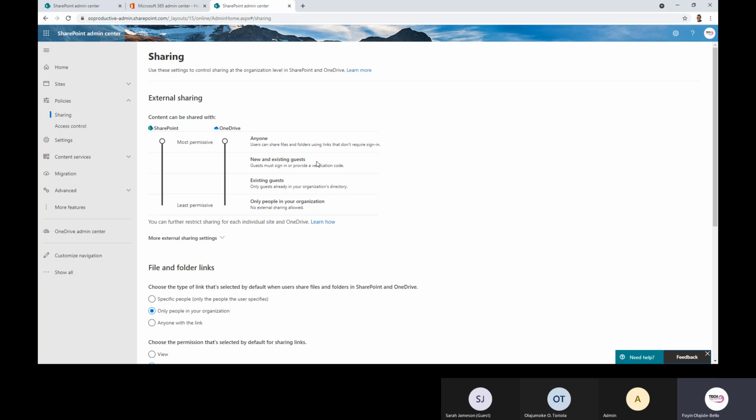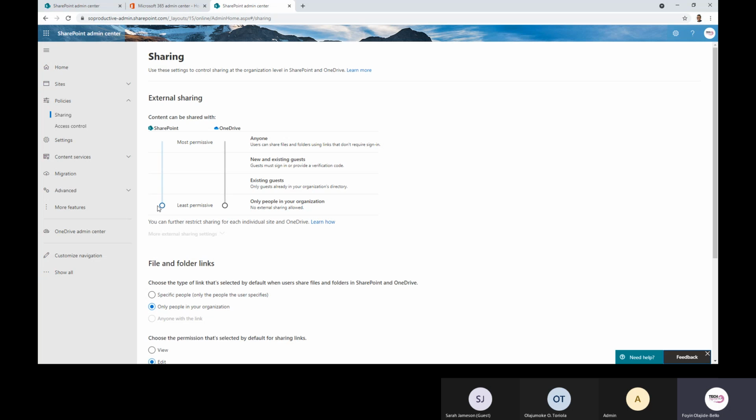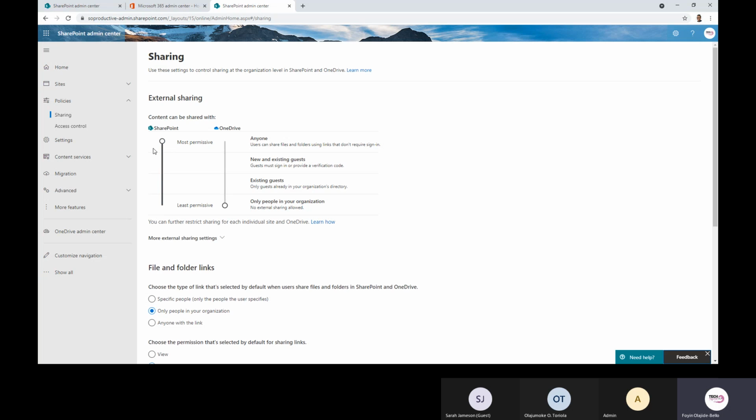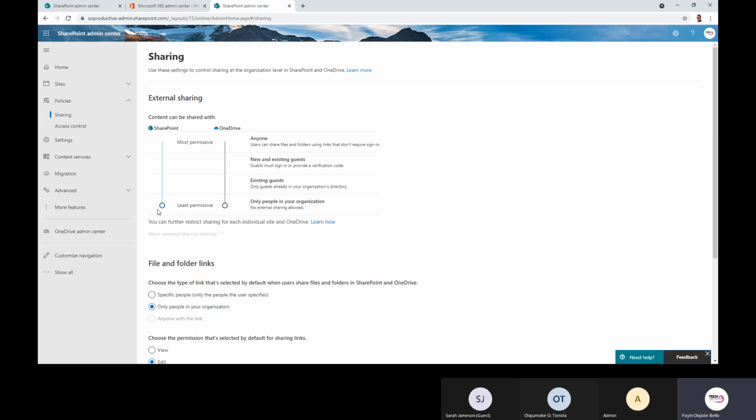Then it's new and existing guests, and only people within the organization. That's the least permissive. So as you drag down the arrow, you can see that OneDrive is also coming down because OneDrive documents are stored in SharePoint. So you can decide to have a more permissive